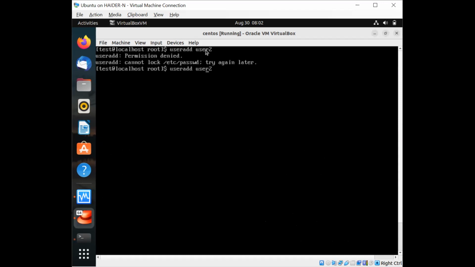What will sudo give us? Sudo will give us the privilege to run this admin command as a normal user itself. I'm still logged in as test, but I will be able to run this admin command by adding sudo. When I'm running it, it will ask for my user password. After I give the password, it will check whether